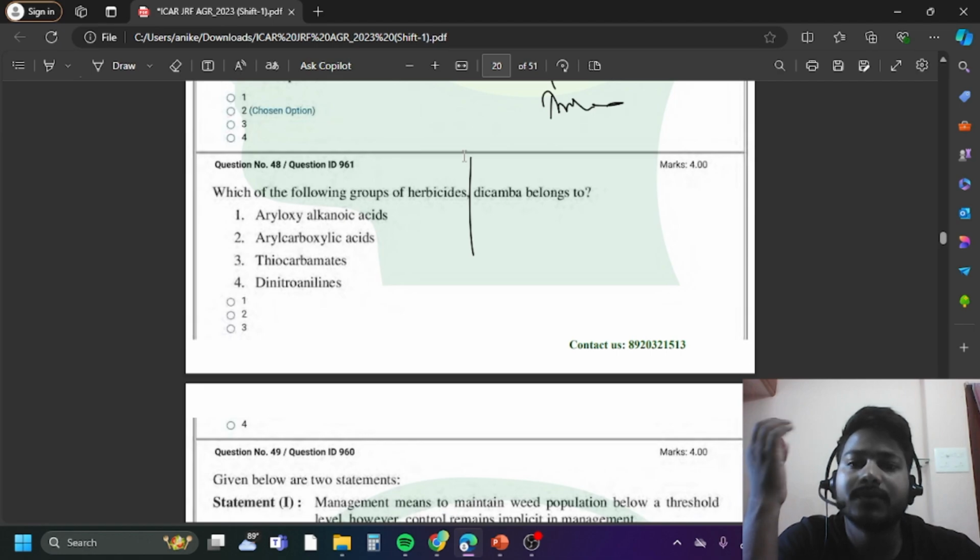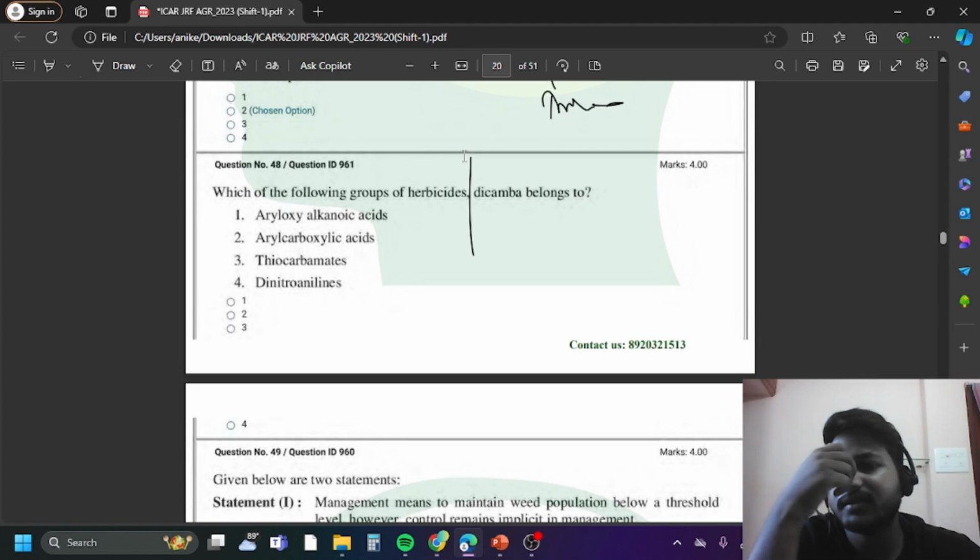Which of the following groups of herbicide dicamba belong? That is aryl carboxylic acid. Dicamba belongs to the aryl carboxylic acid group of herbicide. Okay,